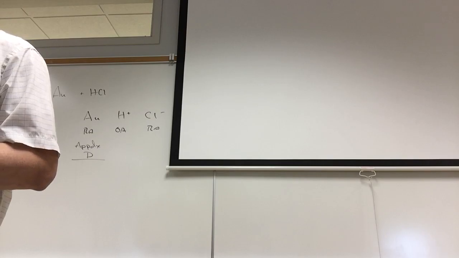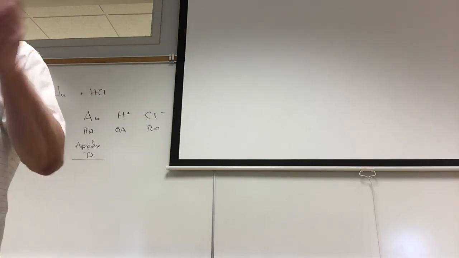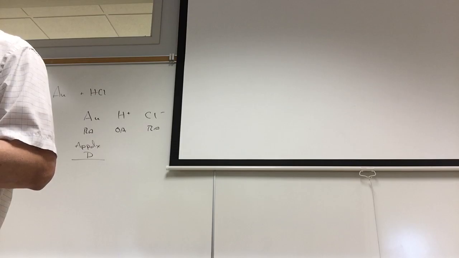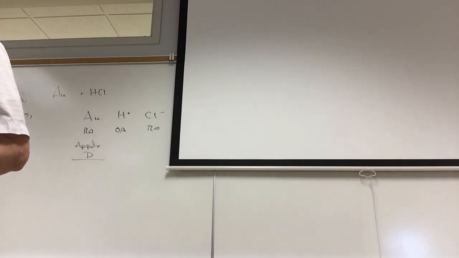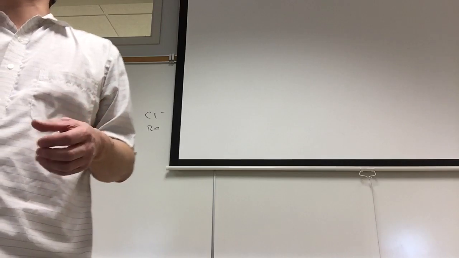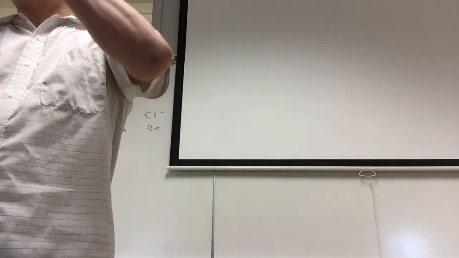So a lot of reactions, we don't even bother thinking about the theoretical thing. We just mix it and see what happens, right? This is still done in all fields. For example, in pharmaceutical fields, they have a little plate, maybe it's about this big. In this plate, they do micro reactions. And so they can try 1,000 different combinations on a single plate and do those simultaneously. It saves a tremendous amount of time. If you were to do 1,000 reactions one at a time, it'd take you too long.